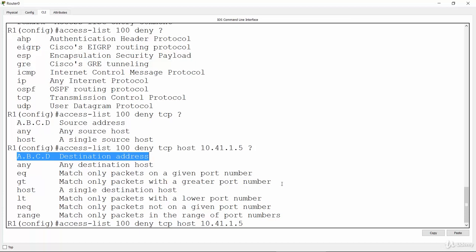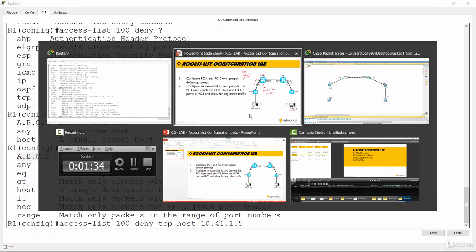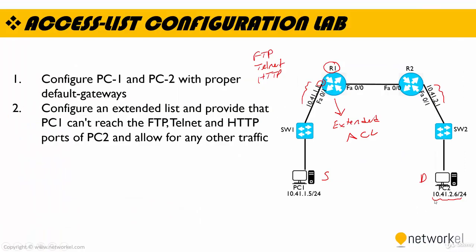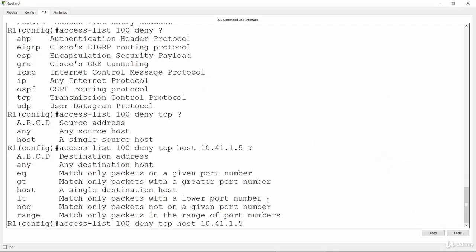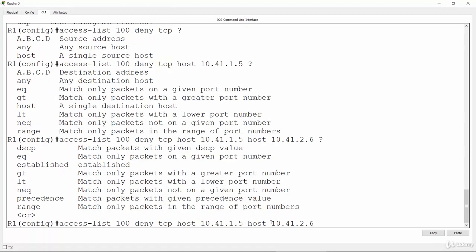My destination IP address is a single host again, 10.1.2.6, host 10.1.2.6, pretty cool. And I'm gonna match